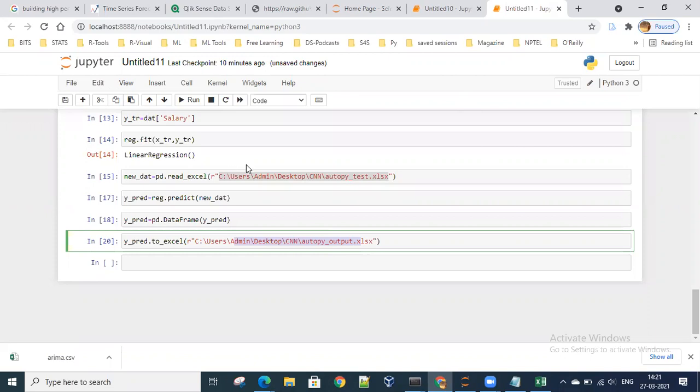Anybody any doubt till now? No, sir. Anybody any doubt? I can't hear you. No, sir. Okay. So next step. Hello, sir. Vibhu this side. Yeah. Sir, sorry for late joining. I just joined now. Can you explain in short what you are doing? Yeah, sure.